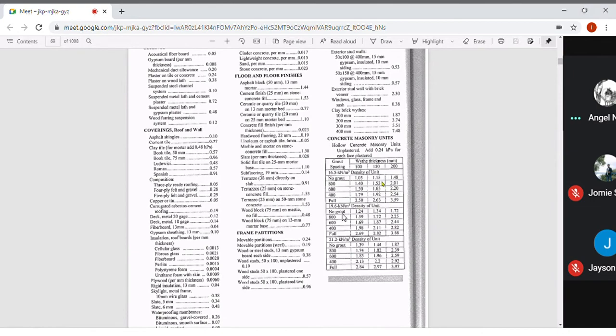I think 150. Okay, 150. Let's use 1.53. This is the density. Take note that this is 1.53 kilopascal. So 16.5 kilonewton density unit. This is 1.53. So from 1.53, you should add additional